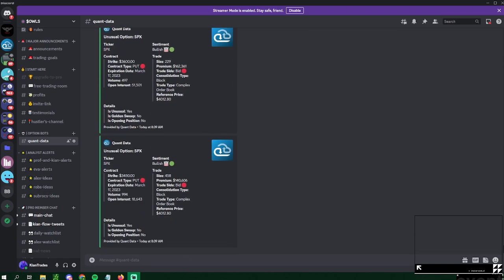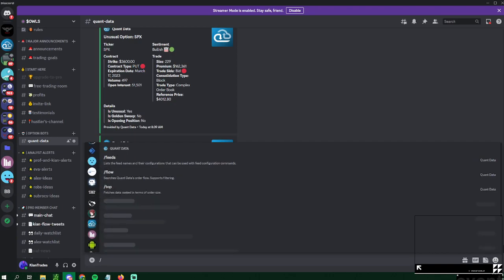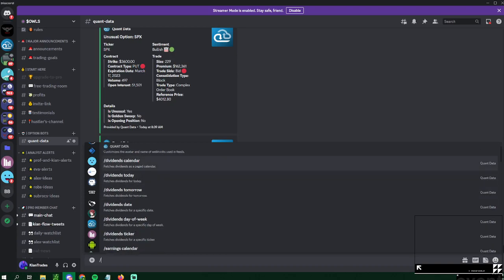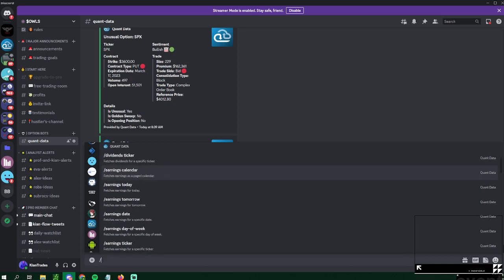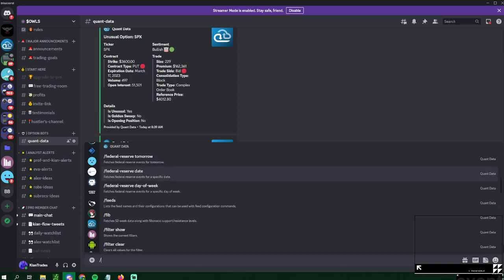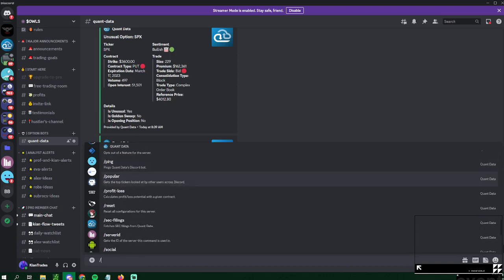Now, if you want to fully utilize it, and again, I'm still learning it myself, just first click slash, and then once that slash comes up, you can scroll and find quant data, and you have all this information. So if you want to click the dividends calendar, you can click dividends calendar, dividends today, all this earnings. But as far as like flow, you can go to